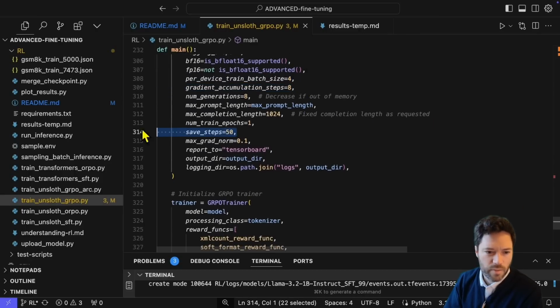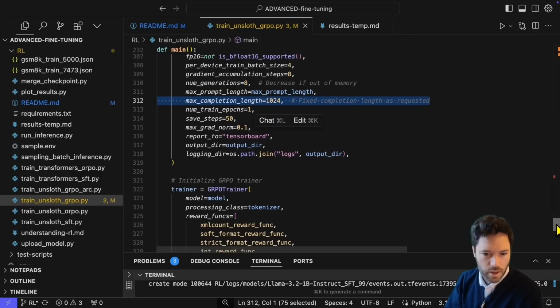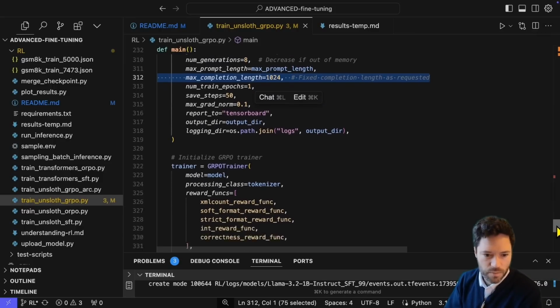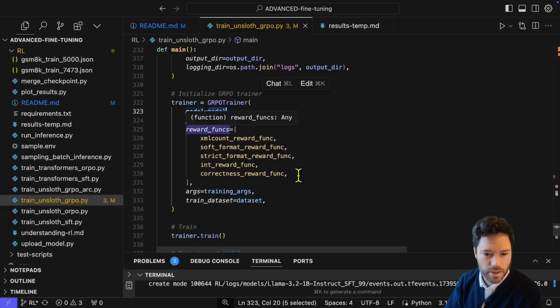And I'm going to save every 50 steps. That'll save the model. And I'm hard coding the completion length. You'll see the completion lengths here are quite a bit shorter, so I could have made that a bit shorter, but I wanted to be safe. Now we can set up the GRPO trainer from Hugging Face, and we'll have the model, the tokenizer passed, and